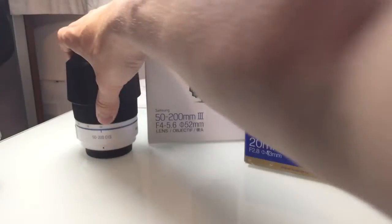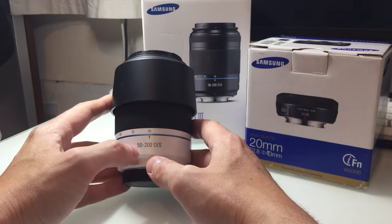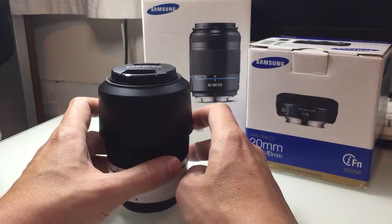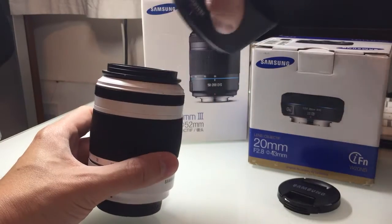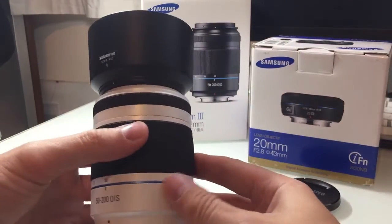And then last but not least, for now, we have this 50-200, which is actually, like I said before, a 75-300 in terms of 35mm. So rather remarkable in such a tiny lens. So I'll take the lens cap off, take the hood off, which obviously flicks over, and then you have that,